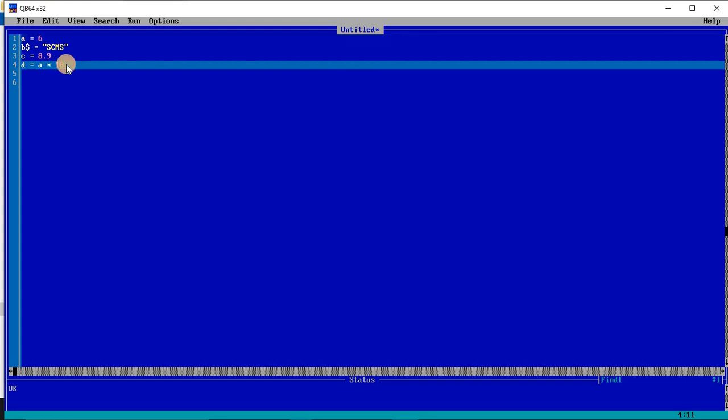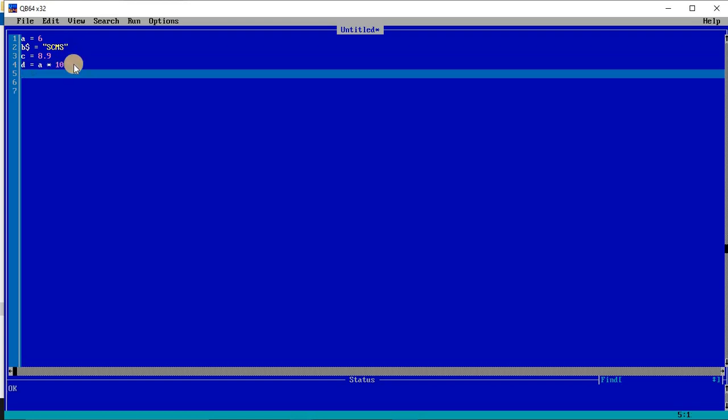Okay, so there are two types of constants available. Another constant is a string constant. If I use a string constant, suppose I am writing over here x$ is equal to b$ and then I am writing plus, suppose, "school".